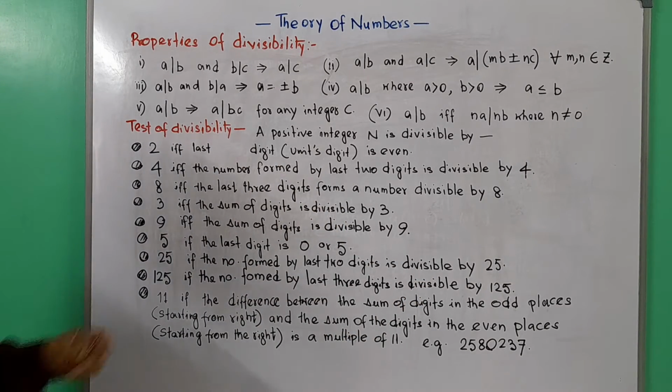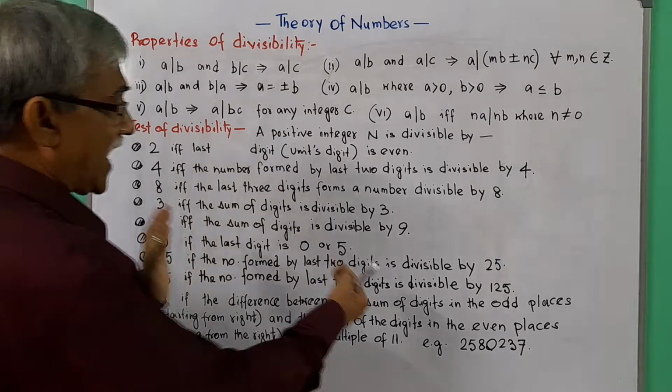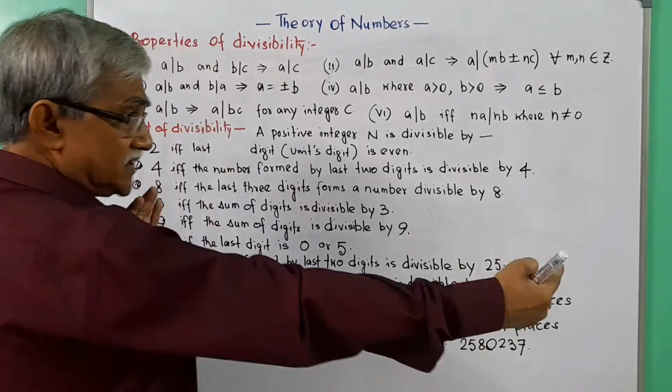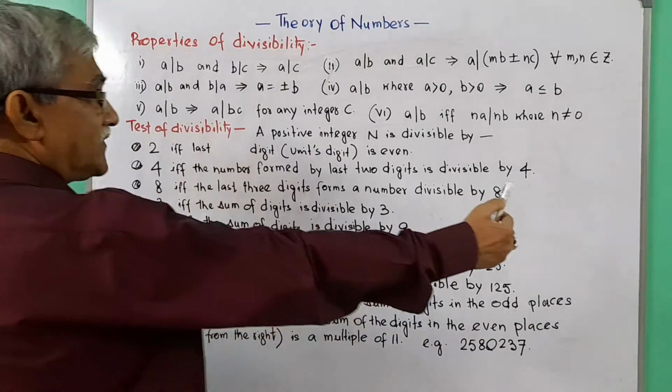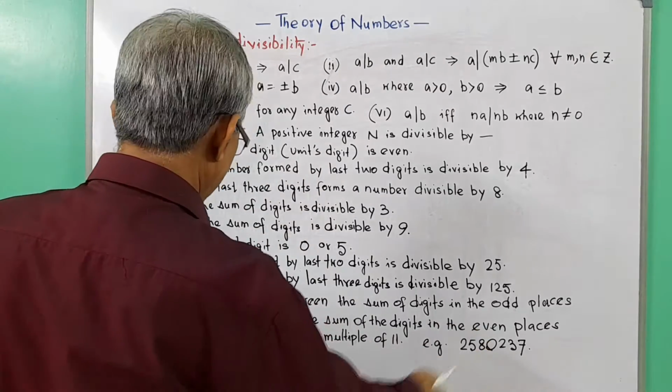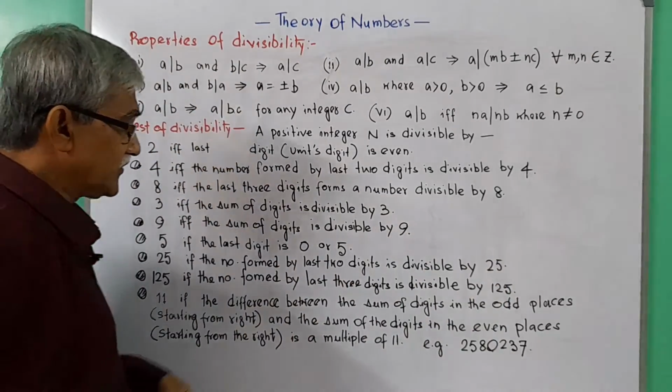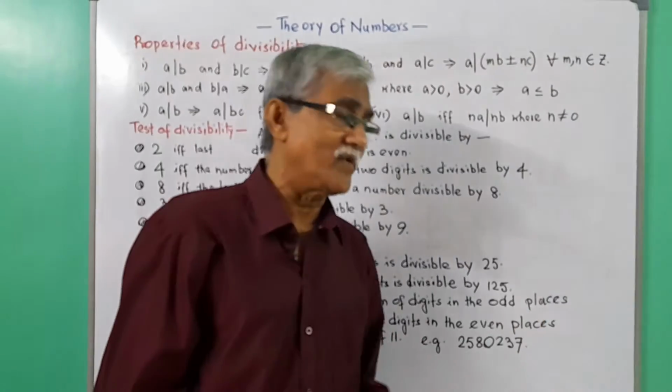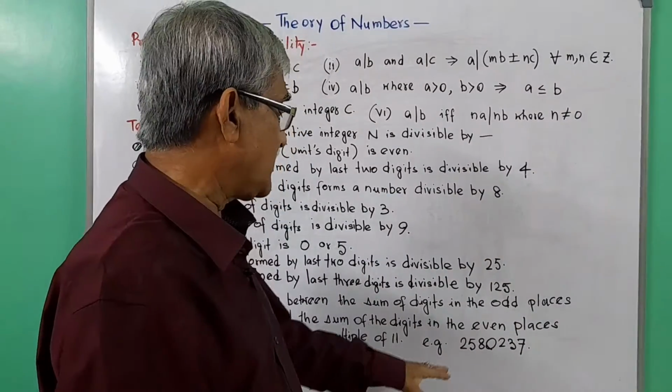And finally, the number is divisible by 11 if the difference between the sum of the digits in the odd places, counting from the right, and the sum of the digits in the even places, starting from the right, is a multiple of 11. There are lots of examples and I have taken one for your explanation. That is